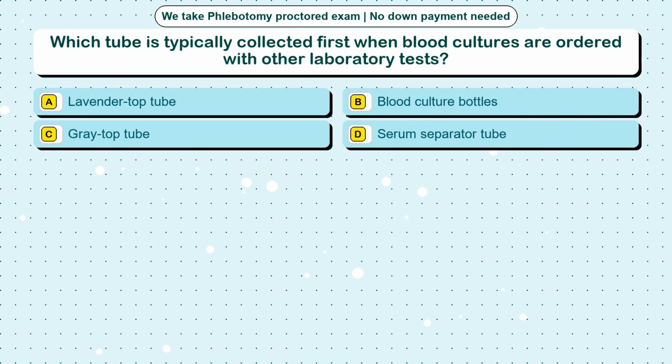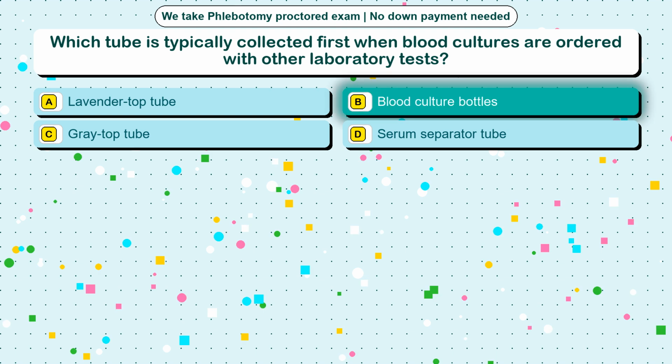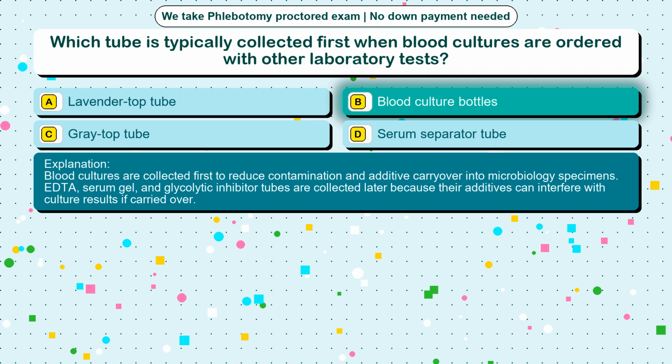Question 56. Which tube is typically collected first when blood cultures are ordered with other laboratory tests? Option A, lavender top tube. Option B, blood culture bottles. Option C, gray top tube. Option D, serum separator tube. The correct answer is option B, blood culture bottles. Blood cultures are collected first to reduce contamination and additive carryover into microbiology specimens. EDTA, serum gel, and glycolytic inhibitor tubes are collected later because their additives can interfere with culture results if carried